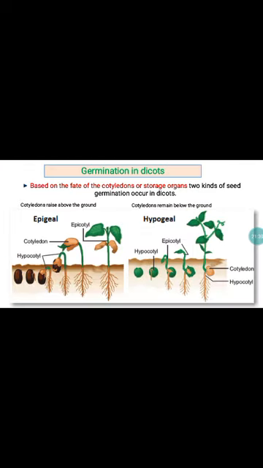Now epigeal germination. Here the seed placed for germination below the soil comes out of the soil and remains firmly attached to the shoot. Here you can see it appears like a leaf. This is epigeal germination. Almost all dicots come under this category, with some exceptions, particularly some rabi season pulses like chickpea and gram. Even though they are dicot seeds, they follow the hypogeal type of germination. The exceptions and detailed classification I will give in the upcoming slides.